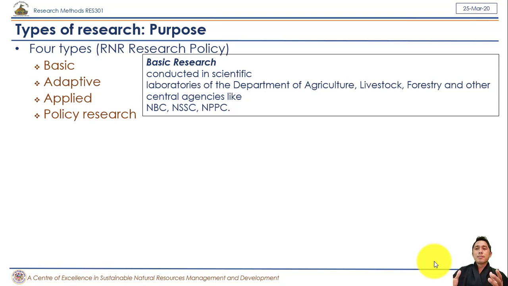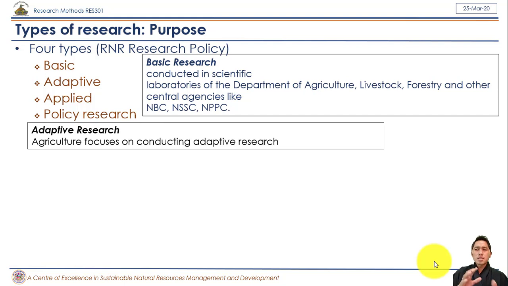Most of the agencies in Bhutan are doing basic research because, as we know, research is very infant, data are scarce in the country, and we need to build the baseline data. That's why most agencies, specifically in our sector, the forestry sector, the Department of Agriculture, the livestock department, the forestry department, and then NBC, NSC, NSSC, and PPC are doing the relevant research. Now you have UISER, BES, WWF, and RSPN coming up with lots of basic research in the country.